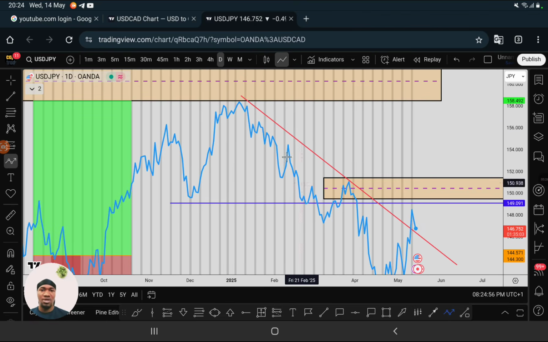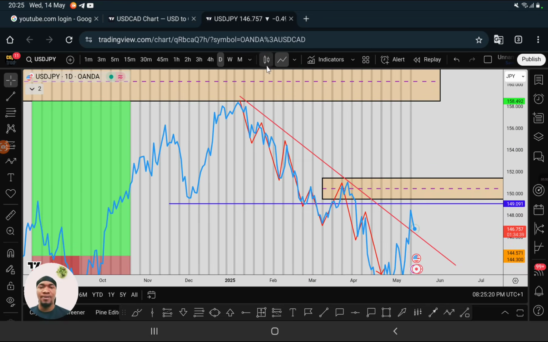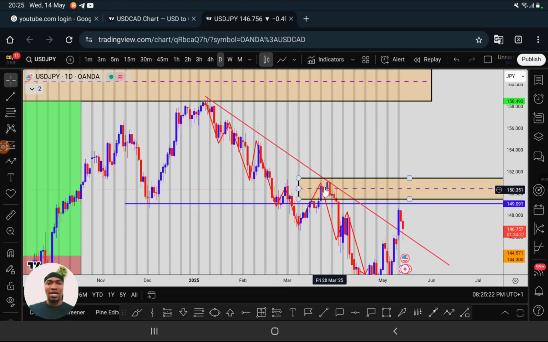Let's take this series of lower high, lower low, lower high, lower low, lower high, lower low, same level, lower high, lower low. Can you see? So this has been happening on the daily, right? So knowing that this has been happening on the daily, so I think this is, well, let's make it